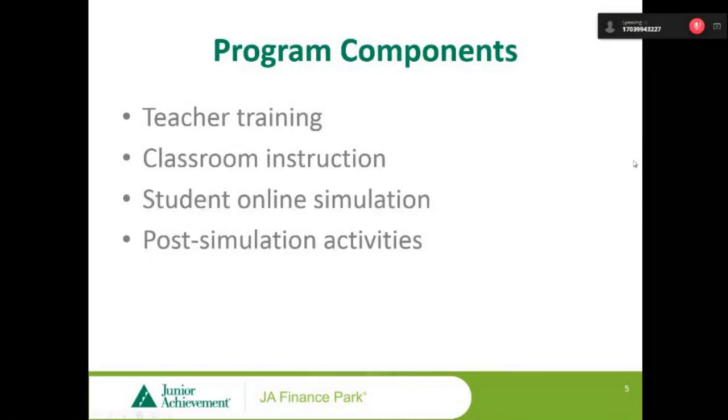Okay, as we dive into the program itself, the components, it's a pretty simply laid out program. We are right now going through the teacher training. This will allow you availability to request your materials through JA of Central Maryland. You will have classroom instruction, which is guided by the curriculum guide, which you will receive. The student